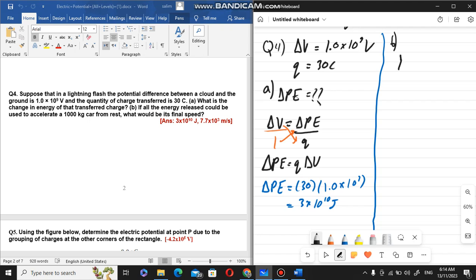Or if you remember, we know that the change in potential energy as a magnitude is always equal to the change in kinetic energy. So we say that delta KE in this case will be equal to this value, which is 3 times 10 power 10,